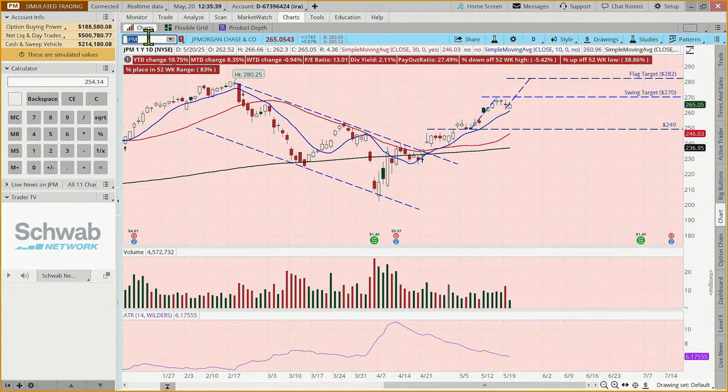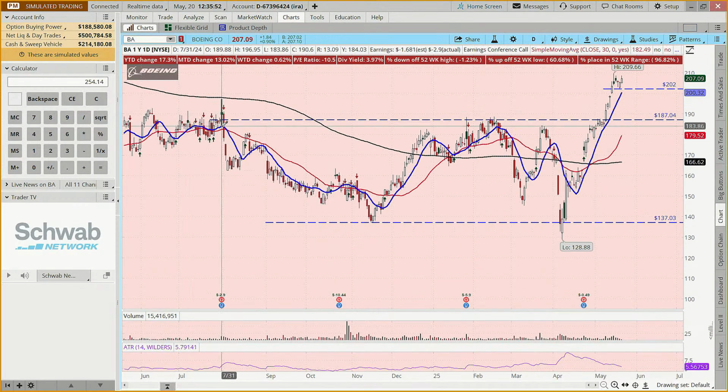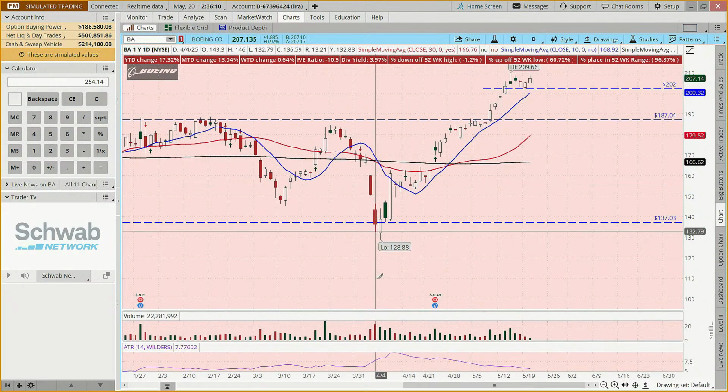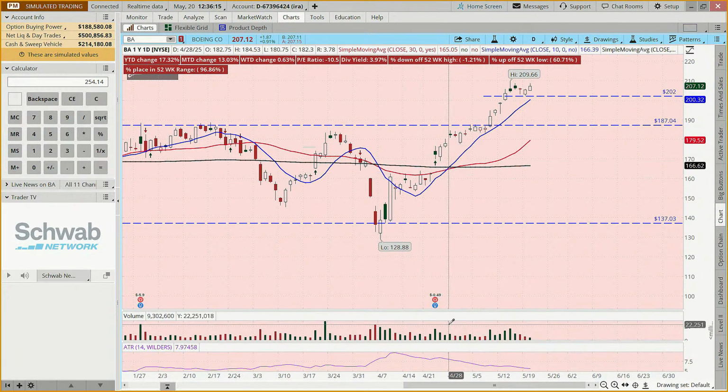So let's look at Boeing. So Boeing, this is even clearer. And this is a stock that had been going sideways for a long time, since the end of last July. It had been in this big, almost like a triple bottom or a huge double bottom kind of pattern. Do you see that? And then it broke out. And do you see these flags? All of a sudden it starts moving to the upside.